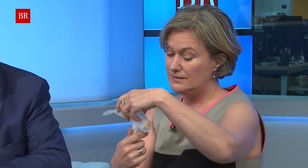So you do get the midstream? You get the midstream. Okay. And then the excess comes out through the separate duct here. So this is designed to work between 10 and 40 mils a second, won't overflow. And when you've finished, you count to 10 to let that little sponge drain. You take it out, you unscrew this, this goes into the bin, and that goes, dry tube, dry patient, dry floor,